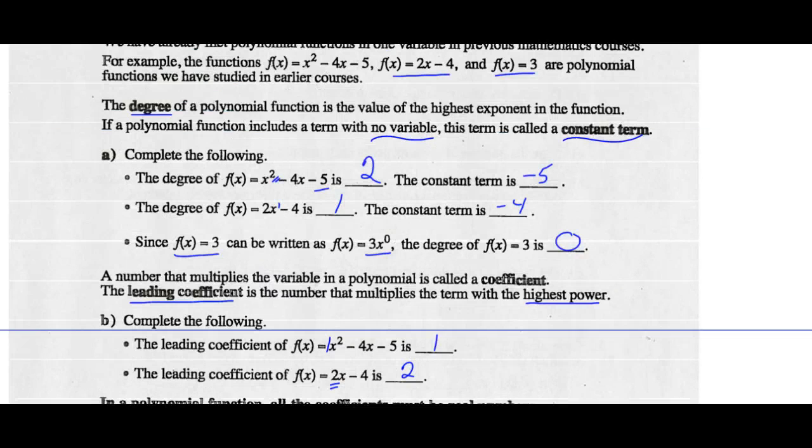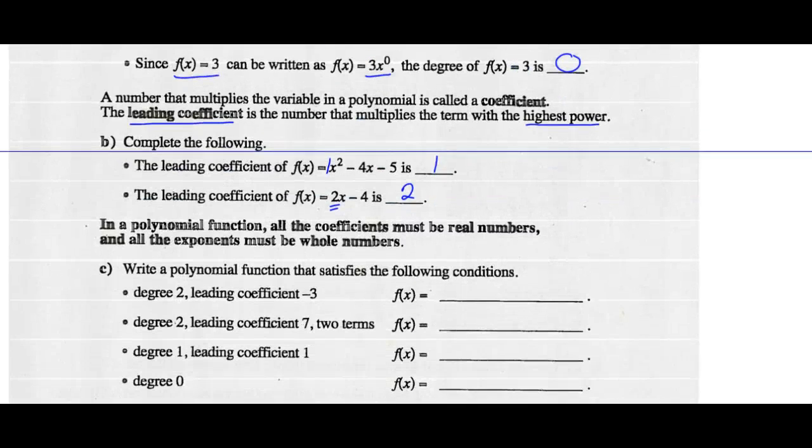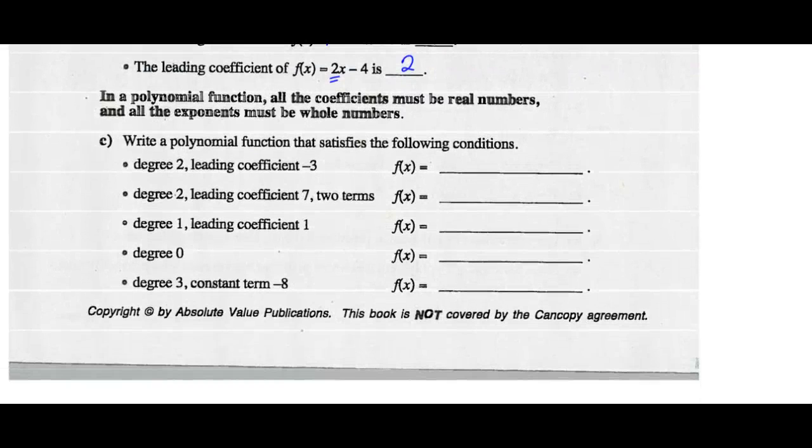In a polynomial function, all the coefficients must be real numbers, and all the exponents must be whole numbers. That's the definition of a polynomial function. So write a polynomial function that satisfies the following conditions. Degree of 2 with the leading coefficient of negative 3, so the easiest one might be something like negative 3x squared. A degree of 2 with the leading coefficient of 7, so maybe 7x squared, and with 2 terms, so